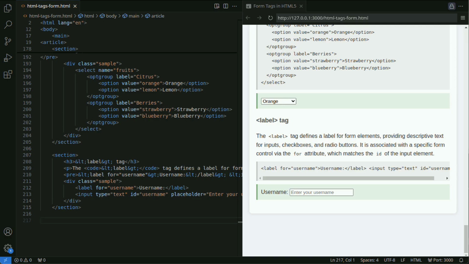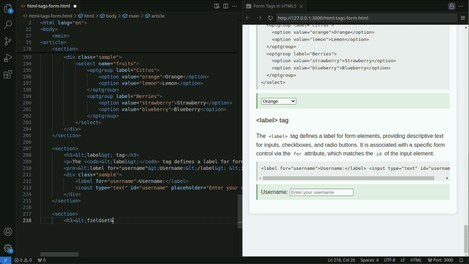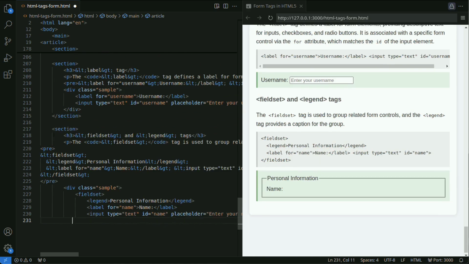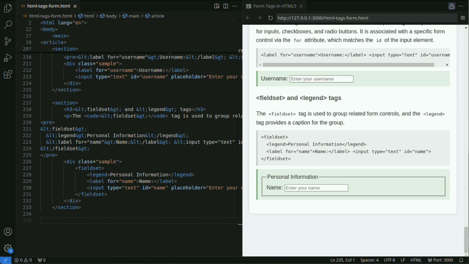For example, clicking a label can focus an input field or toggle a checkbox on or off. Next, let's look at the fieldset tag. The fieldset tag groups related form controls, and the legend tag provides a title for the group.